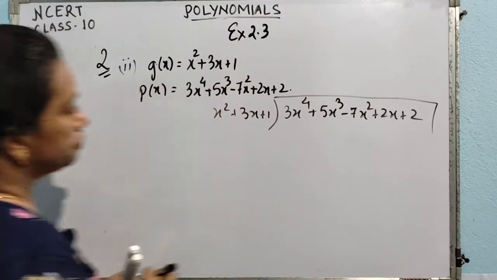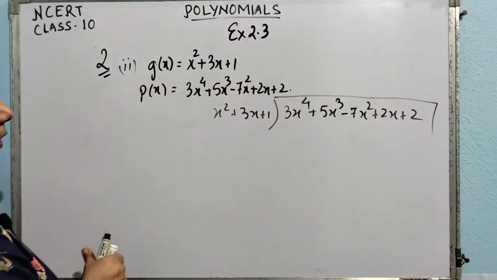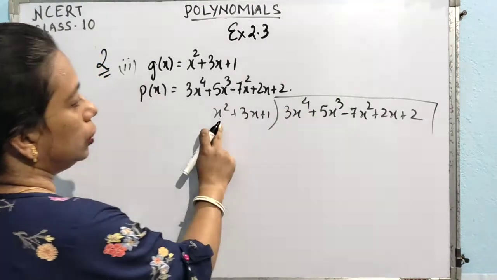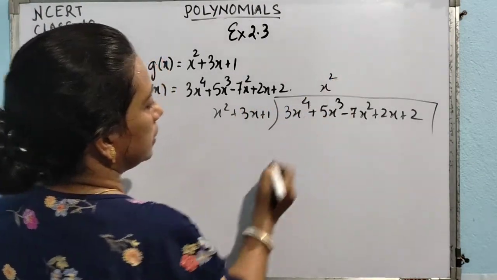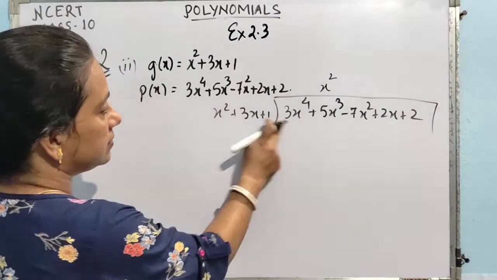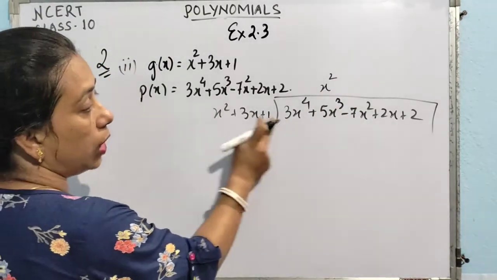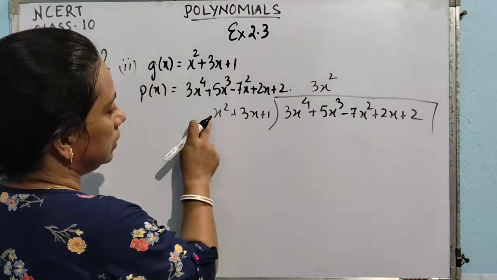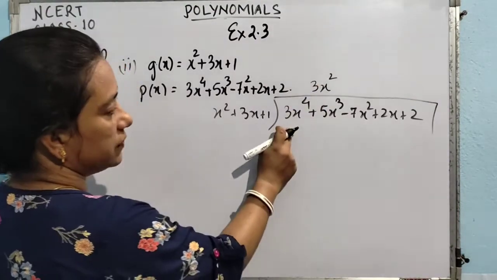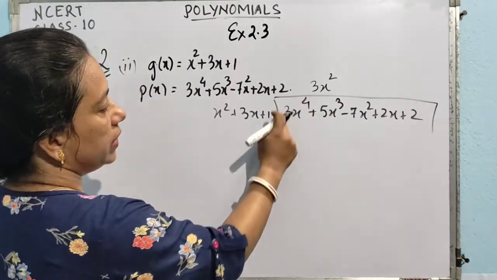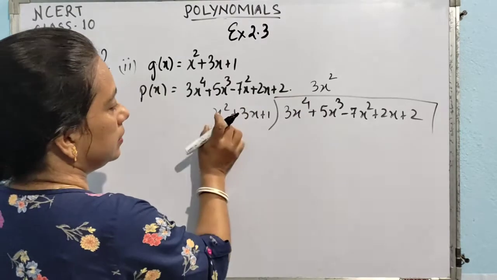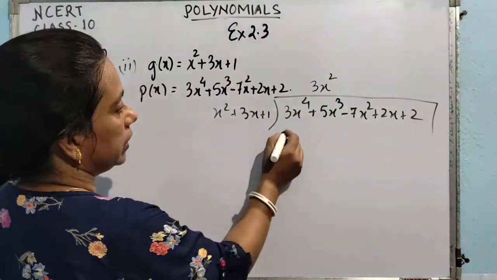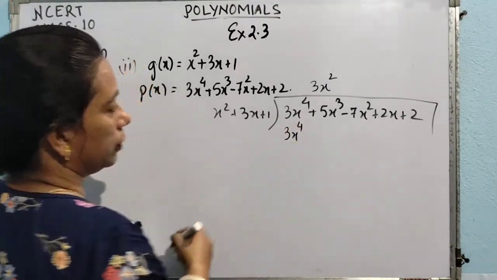Now see, here it is x square and here we need x to the power of 4. So we need x square, isn't it? But what about the coefficient? Here it is 3, here it is 1. 1 into how much gives you 3? 1 3s are 3, okay. So now you see, x square into 3x square gives you 3x to the power of 4. We always have to try to get something here so that when we multiply these two, you are getting this particular term, okay. So we got 3x to the power of 4, done.